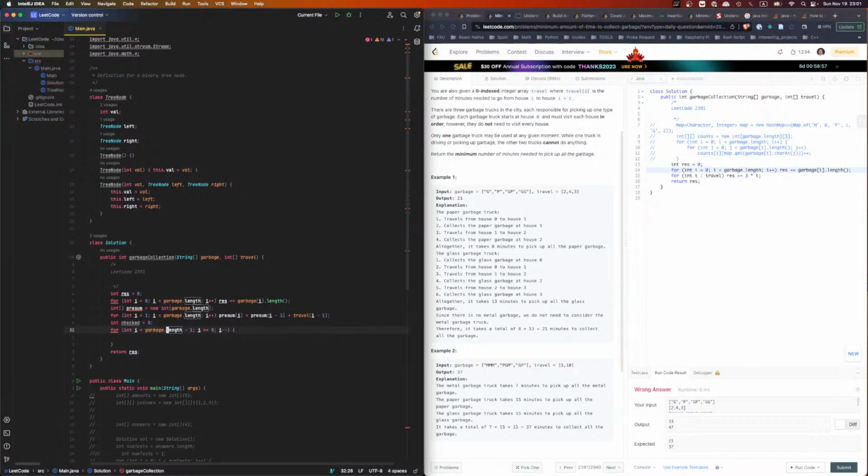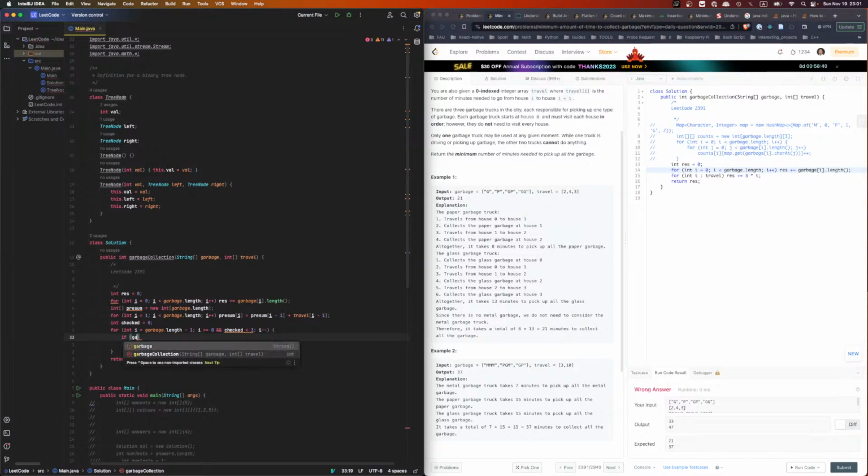So we can say i larger or equal to 0 and checked is smaller than 3, right? And we say if garbage i dot contains char sequence